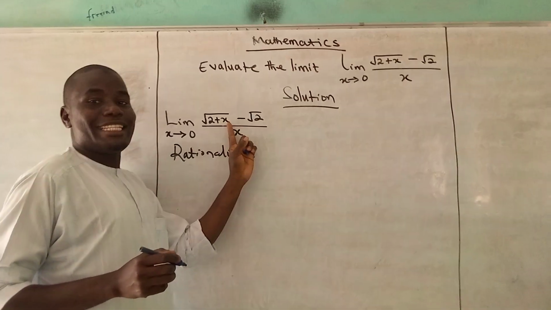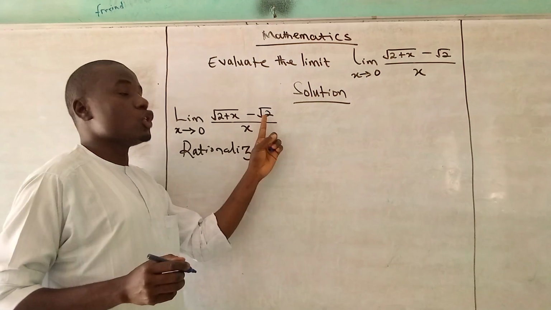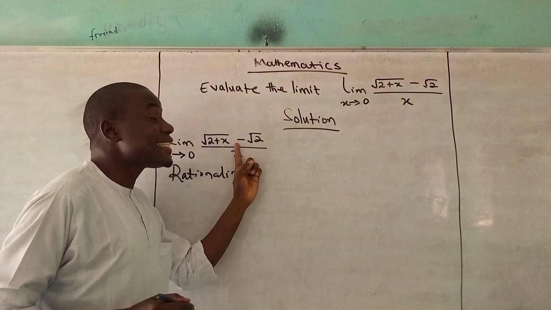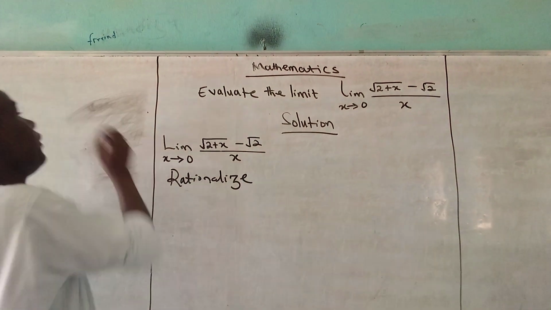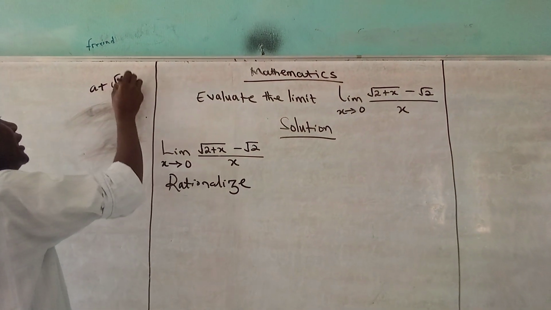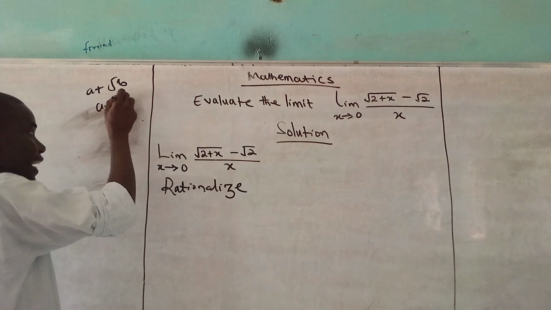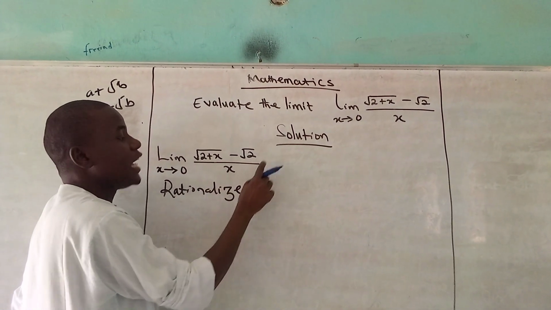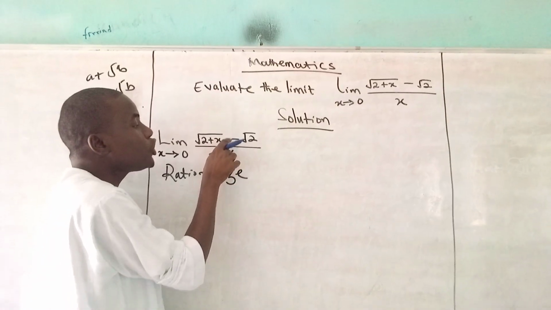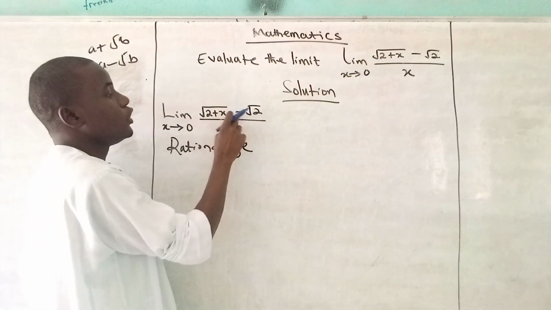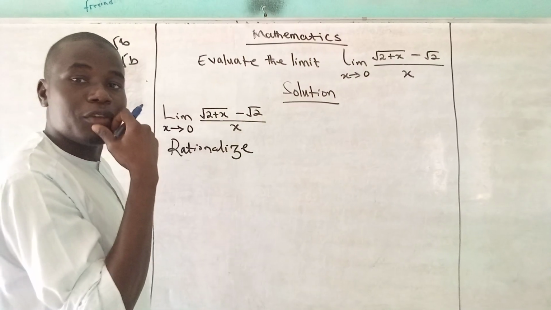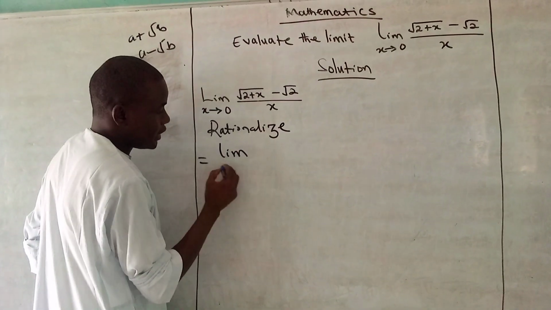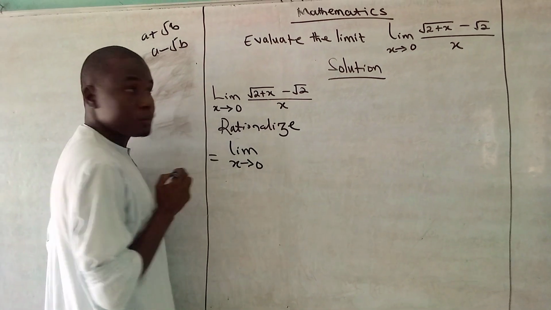What is the conjugate of root of 2 plus x minus root of 2? The conjugate is root of 2 plus x plus root 2. If you have a plus root b, what is the conjugate of this? A minus root b. So you multiply both the numerator and denominator by the conjugate of the numerator, being the more complicated part of the function. So what do I mean? This is the same thing as the limit as x approaches 0 of